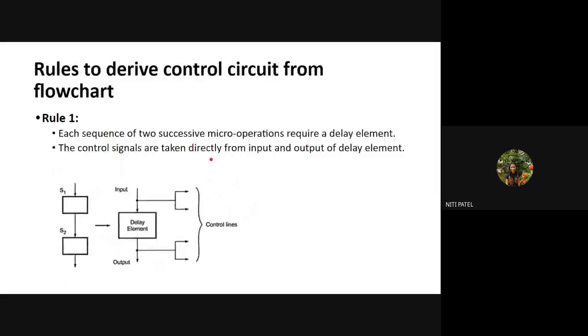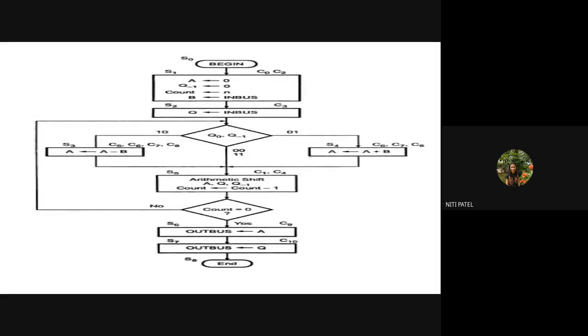All these 3 rules will be common for any operation. Okay, to generate a control line, the first rule is to give a delay. If there are 2 control lines and you want to make them one, see to it that you perform a logical OR. And third, if you have a decision box, you will implement it by using 2 AND gates. Okay, are these 3 rules clear to you?